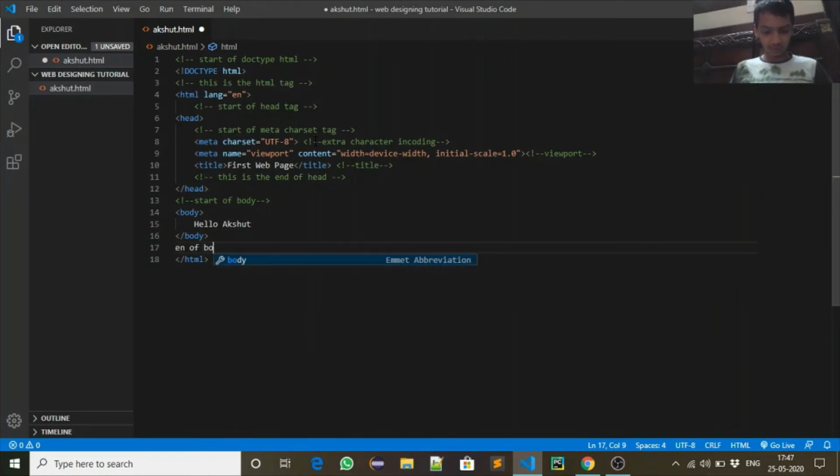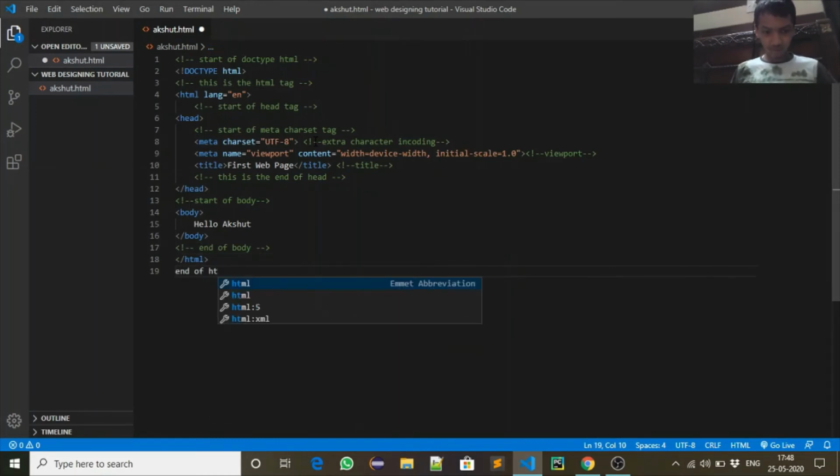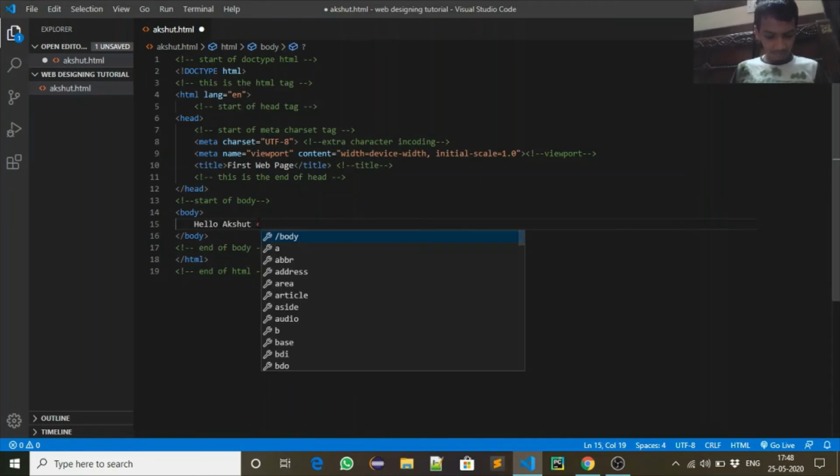End of body. End of HTML. And this is some text.